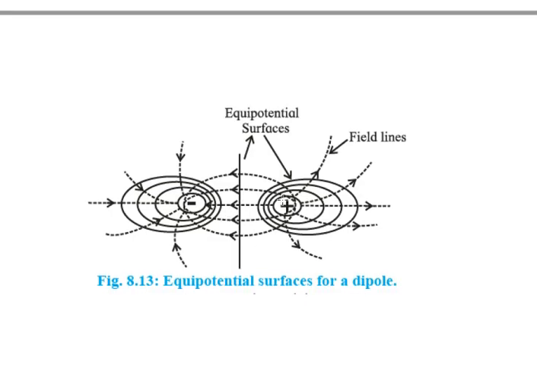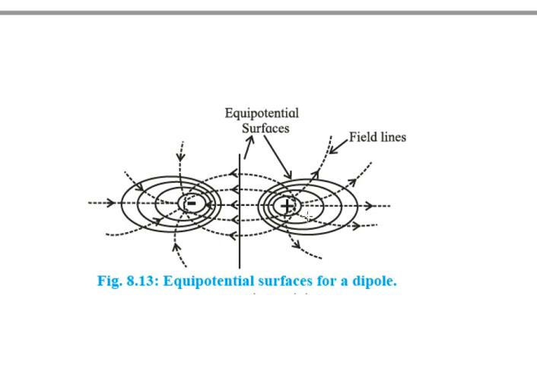See here, this is the electric field. The electric field becomes weaker and weaker. Close to the surface the electric field is more, so the distance is smaller, because E dr must be equal to dV. To maintain the same dV, E dr must be constant. So here the electric field is greater, so the distance is smaller. Here the electric field becomes weaker and weaker, so the distance must be greater.